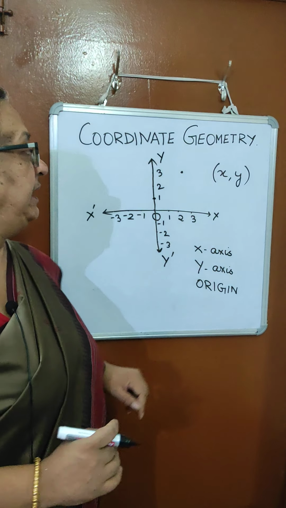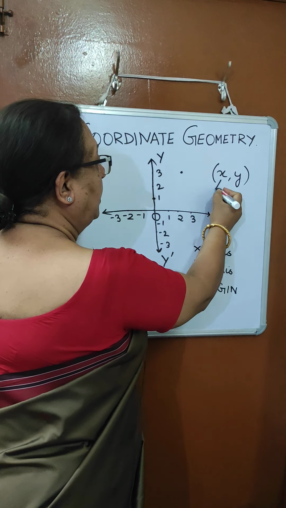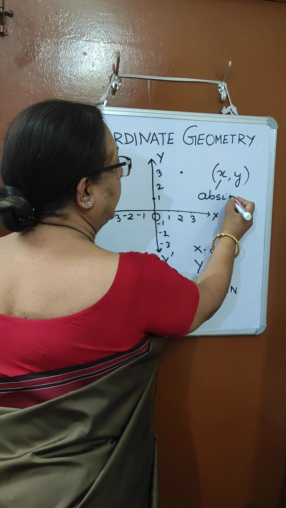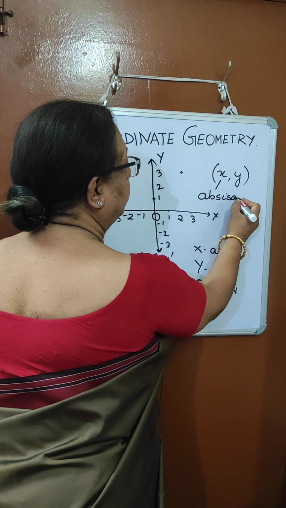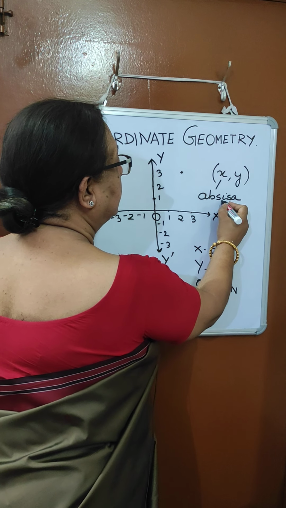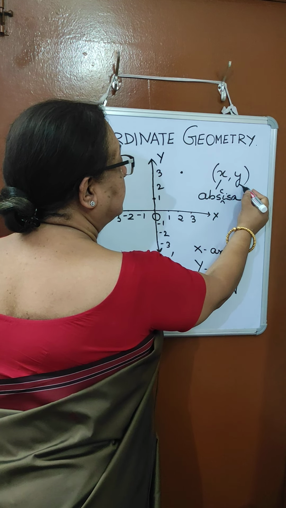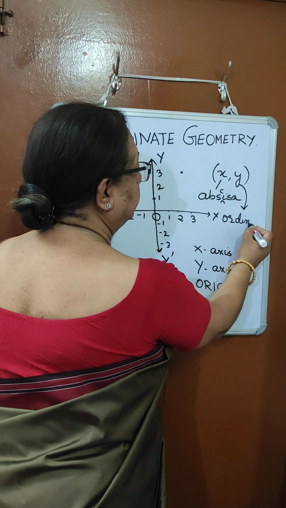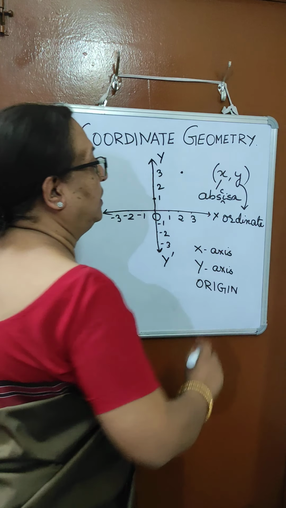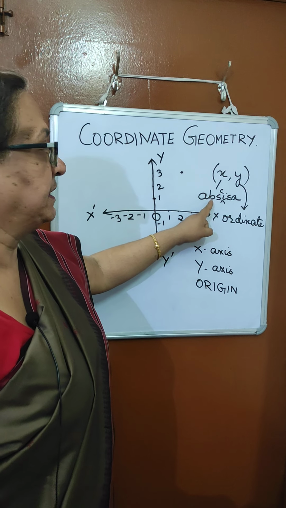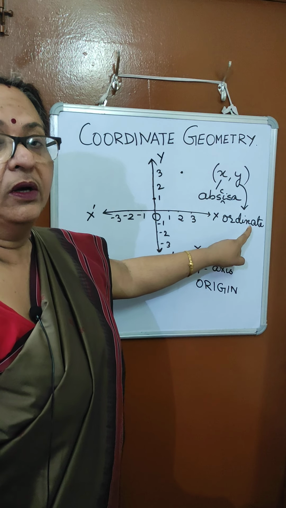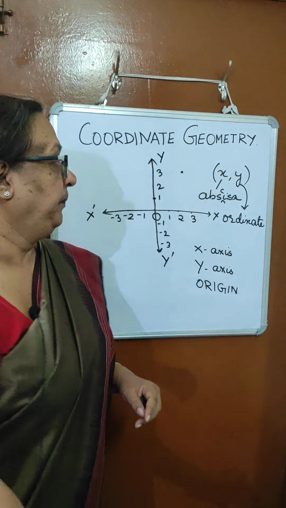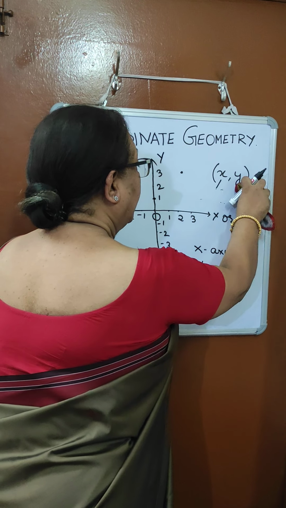The x coordinate is also called abscissa, A-B-S-C-I-S-S-A, and this y coordinate is called ordinate. The x coordinate is called abscissa, the y coordinate is called ordinate, and the two together are called coordinates. Again,